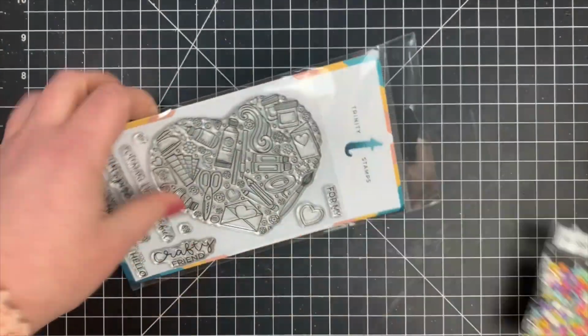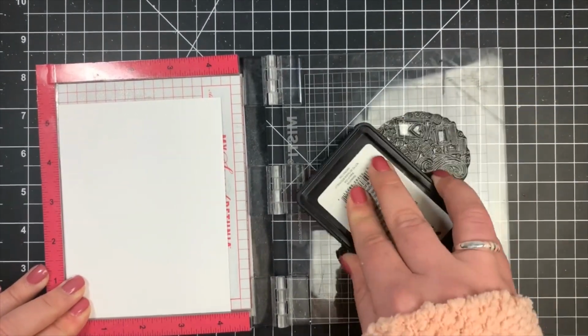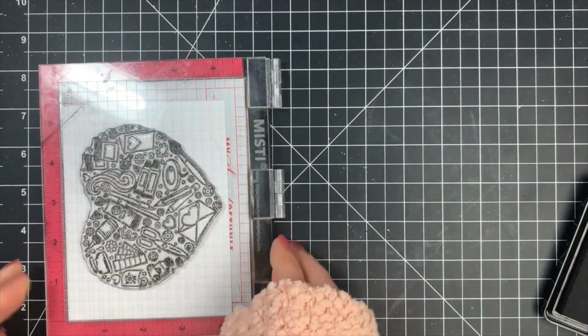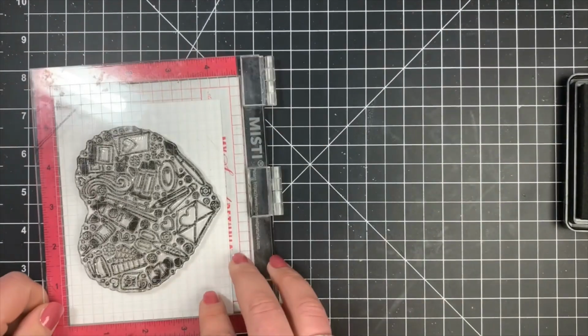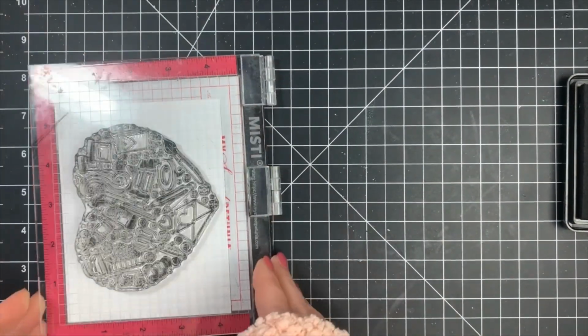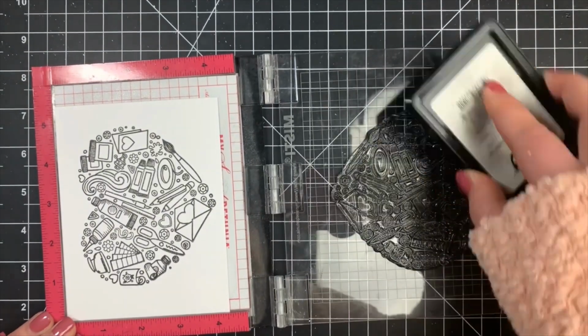So I'm going to be using a Crafter's Heart stamp set as well as the Rainbow Sherbet stars embellishments, and I'm going to start by stamping out this large heart, which is made up of a bunch of crafty things. I'm stamping this a total of 3 times because it's a brand new stamp and my ink pad's a bit dry, but I'm stamping this with Blackout ink by Ink on 3 onto a piece of Nina Solar White